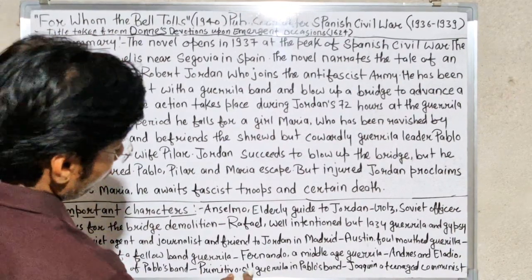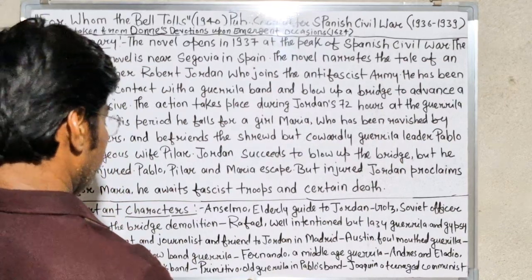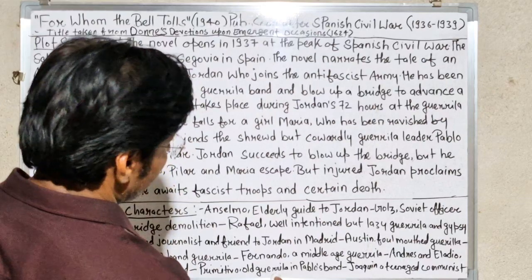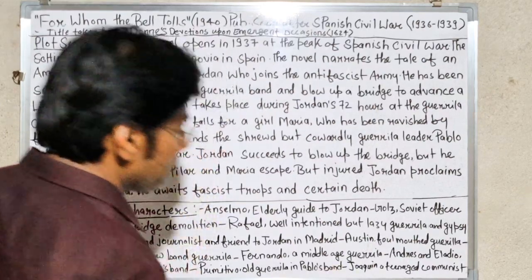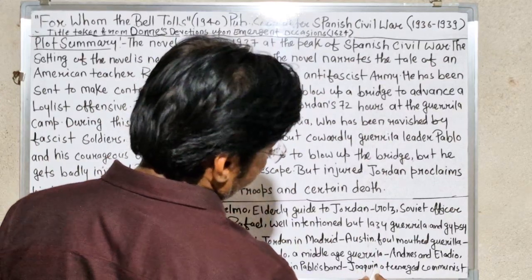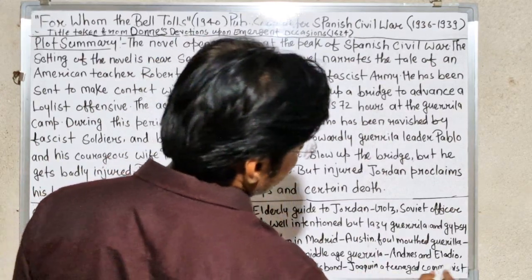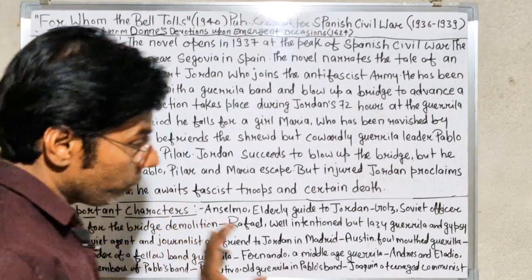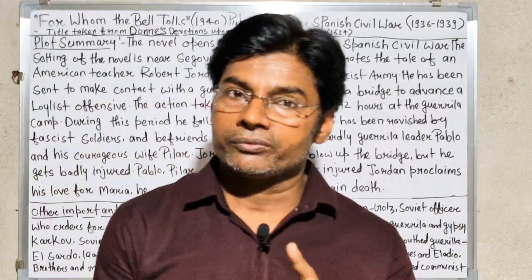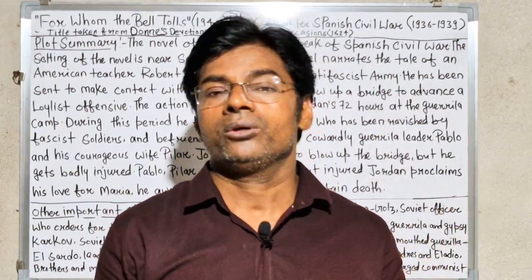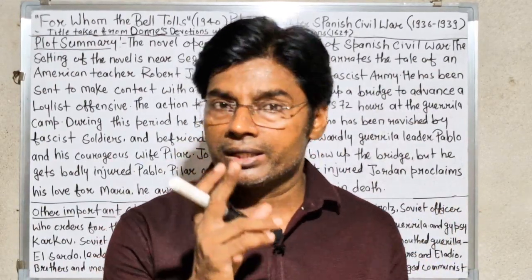Primitivo, an old guerrilla. Anselmo, guerrilla in Pablo's band. Last but not the least, Joaquin, a teenaged communist. So these are the other important characters apart from Robert Jordan, who is the protagonist of the novel. He is an American